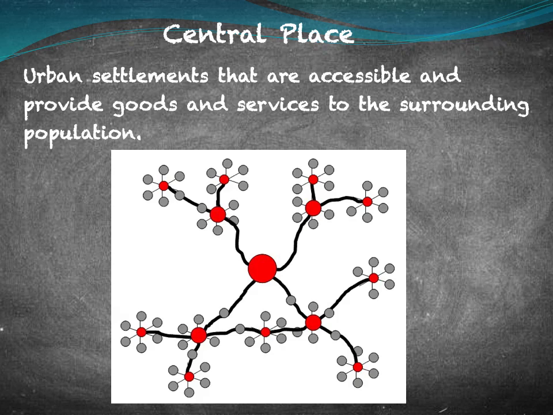And can you see why they are accessible? Because they're along roads. And so therefore you see what we mean by a central place. It doesn't necessarily have to be in the center, but it is accessible to the surrounding area. And obviously the one that's most accessible, as you see in the middle there, becomes the larger town.